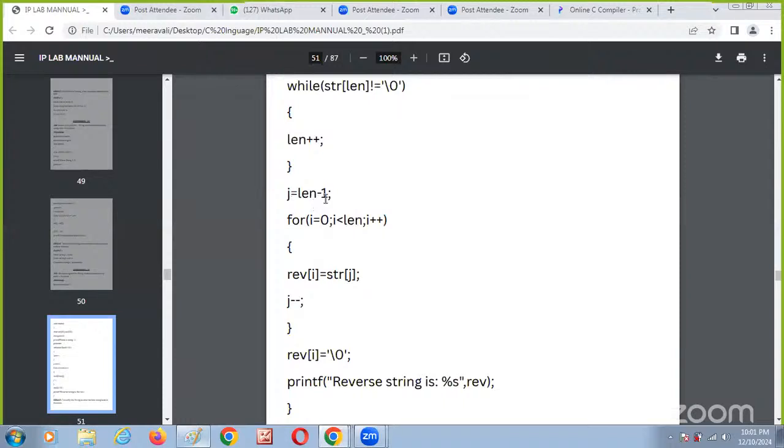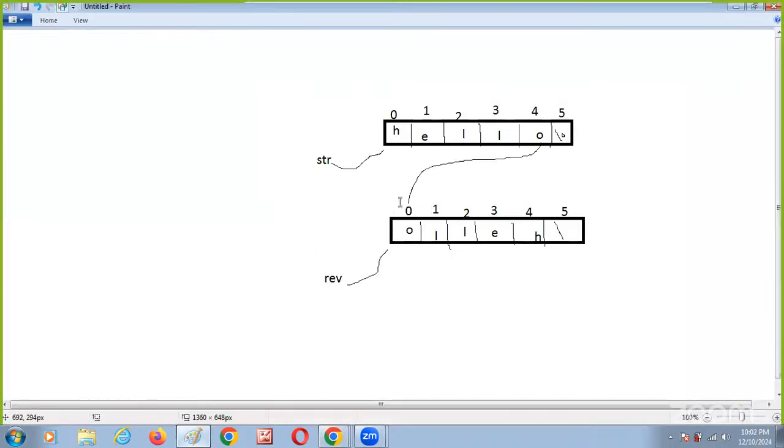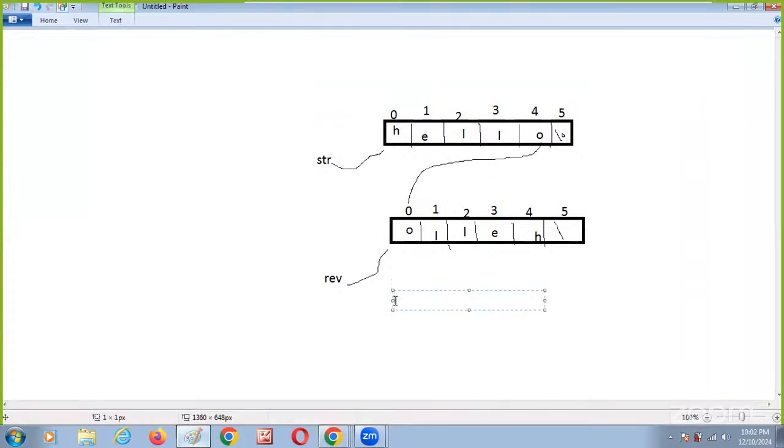j equal to length minus 1. What is the length, Andy? 5. 5 minus 1, j value equal to 4. So reverse of 5, i value is 0. In the reverse of 0, str of j. You see here, in the reverse of 0,